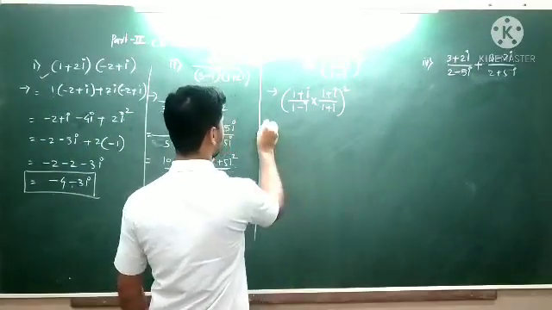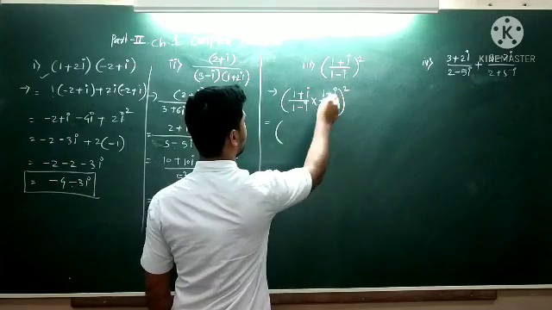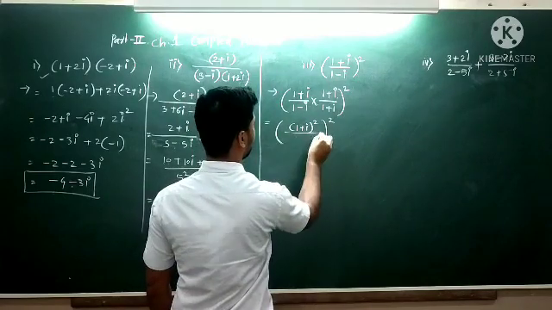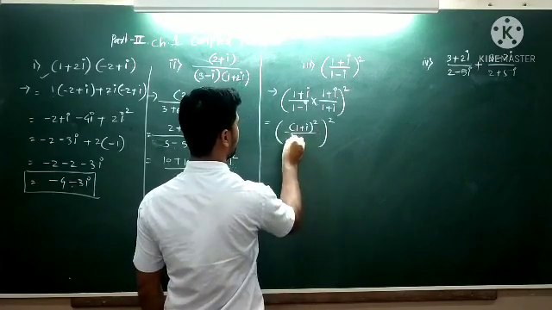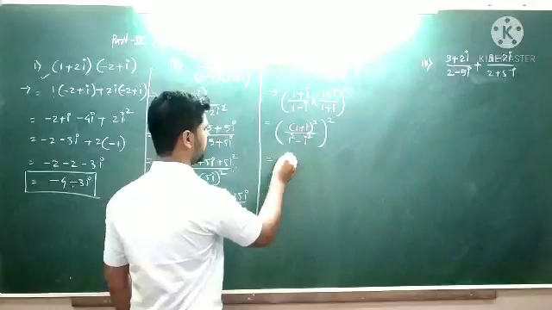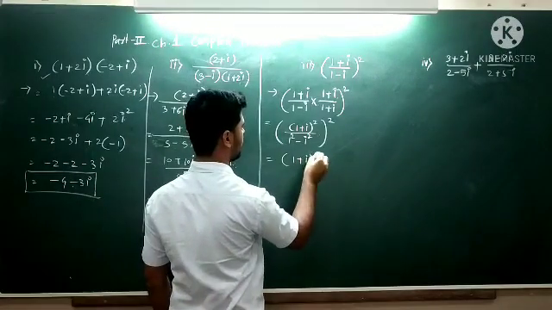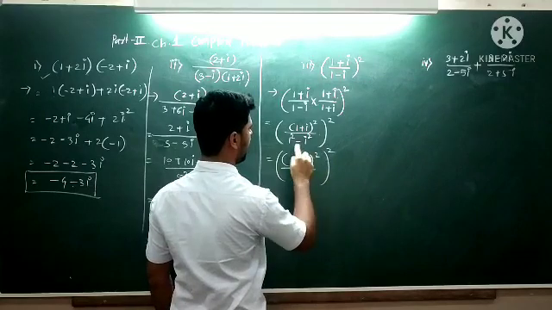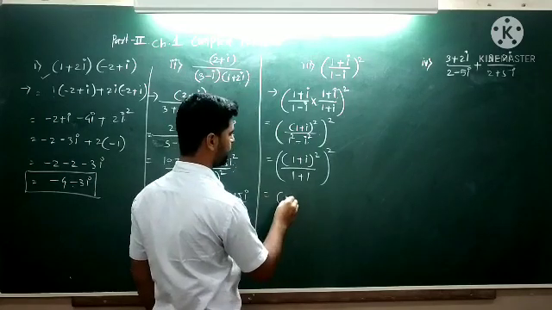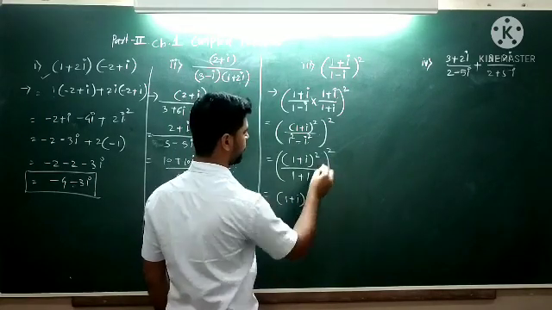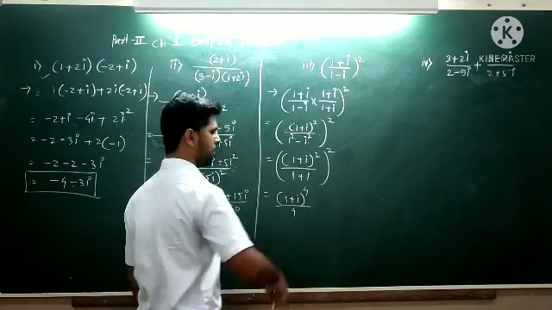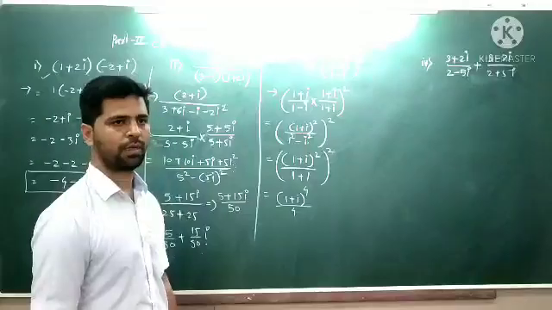Now simplify this. How will you do this? For the numerator, 1 plus i, you will get 1 plus i whole square. The denominator is 1 minus i times 1 plus i, that is 1 square minus i square. Correct? Now this 1 plus i square stays as it is, and 1 square is 1, i square is minus 1, that minus and minus become plus 1, like this. So you will get 1 plus i whole square, and the denominator is 1 plus 1, the bracket is 2. So 2 का power is 4. Okay, square of that 2 is 4.